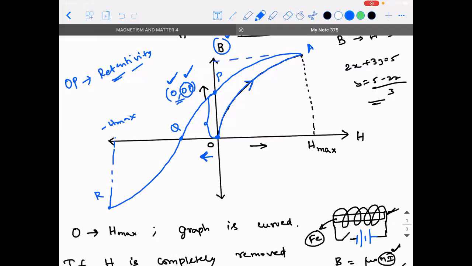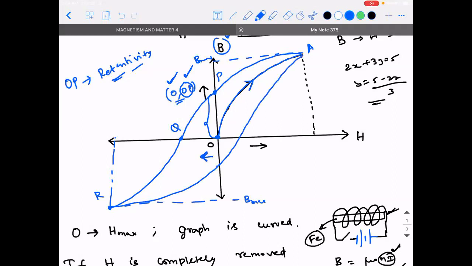Rather, I can call this as B max rather than calling it as H max. I'll call this as B max. I'll call this as minus B max. Are you guys able to understand this point? So it is going to attain saturation in this direction. After attaining the saturation, if you remove the magnetic field again, it will retrace its path and it will come and stand here. Again, you start applying the magnetic field in the positive direction, then it will form a loop like this. Then this loop is what is called as